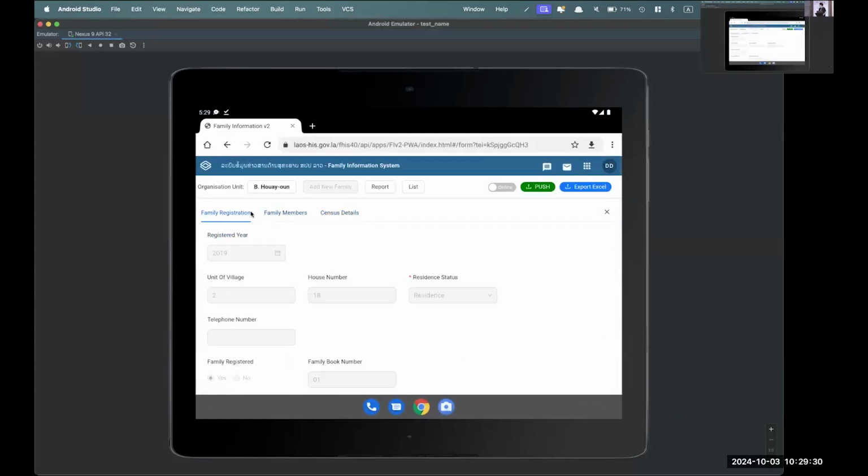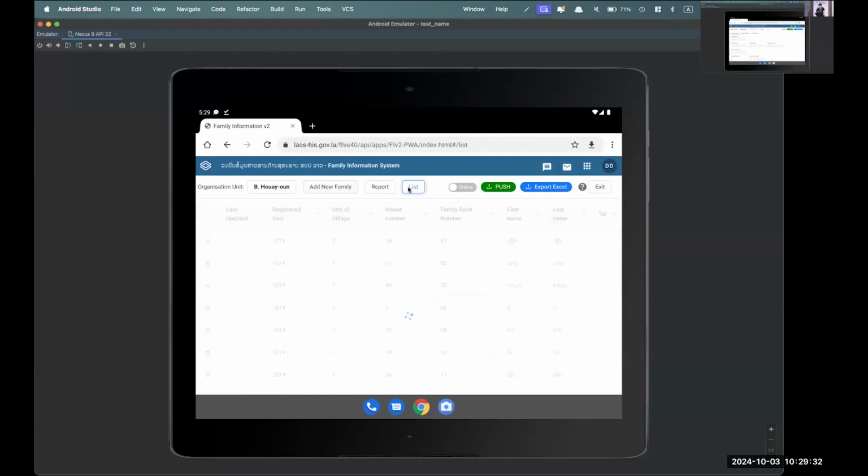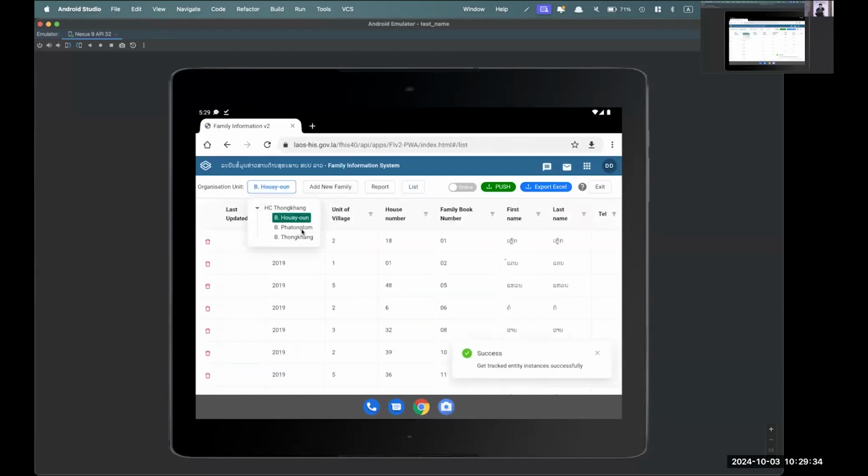But now I would like to use this one for offline. Let's say next month I need to visit the second village to update the information for 2024, and I know that this village will not have internet. So what I would do